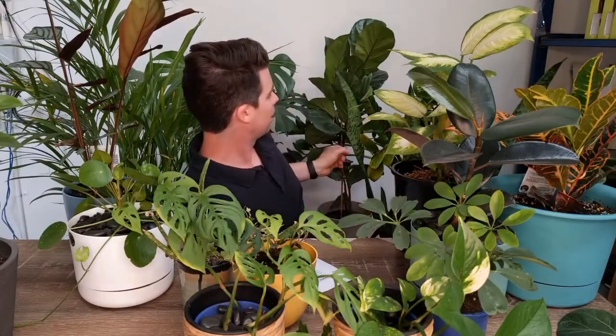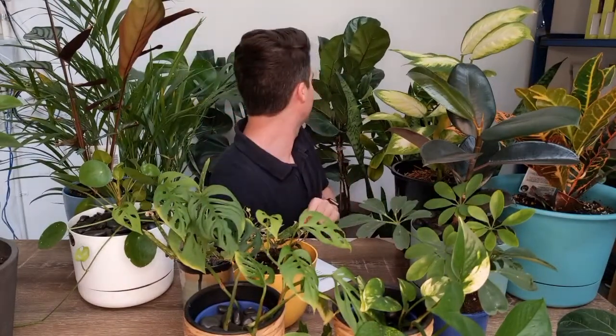We've got the Fiddly Fig, a very fashionable plant at the moment. You find it just about everywhere. Again, no good. And behind me, the very Instagrammable Monstera. No good. So if you do suspect and you see some of these symptoms from your cat or dog,